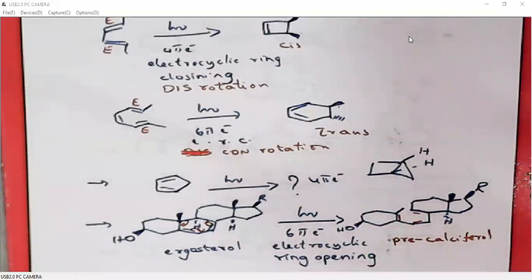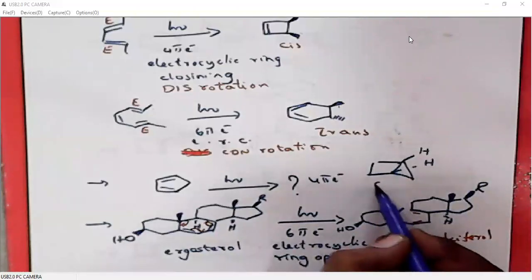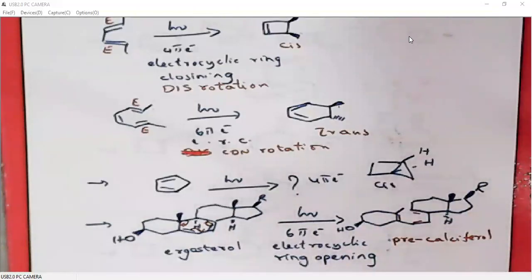See, it is a fusion of 4 and 3-membered rings. Of course, we know 3-membered rings have very high strain, so they are unstable. And similarly, 4-membered rings also have high ring strain, so they are also unstable. If you have a combination of these two, then they become even more strained.